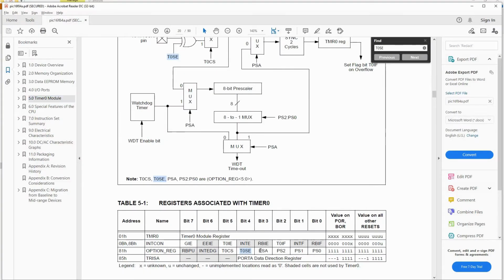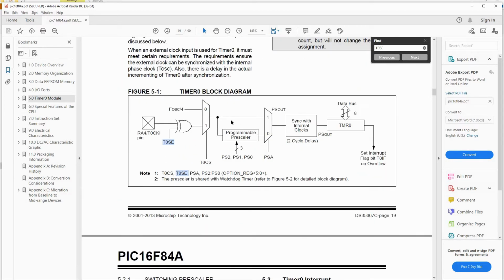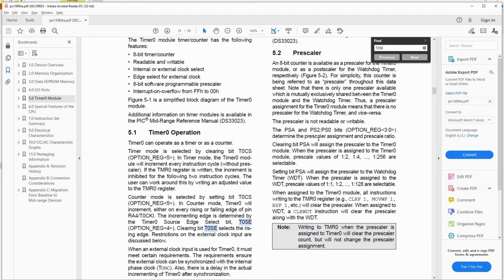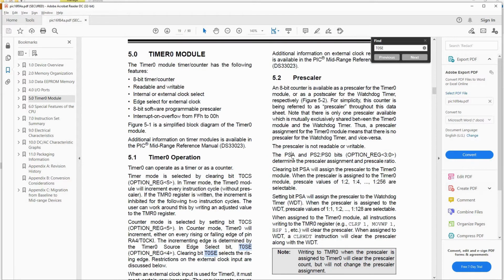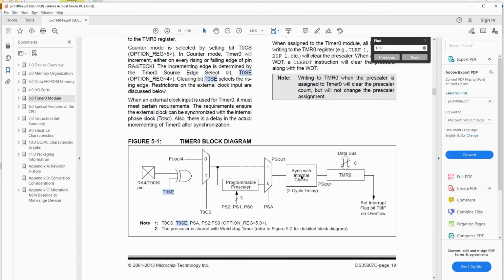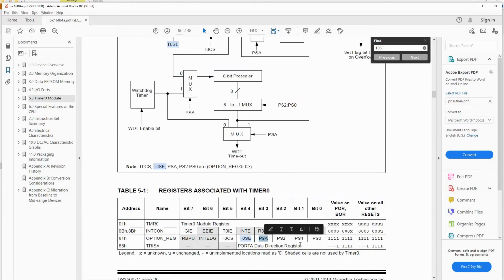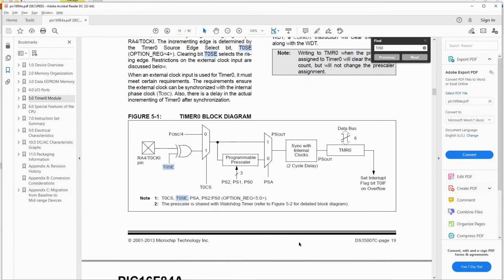And this is the prescaler. Prescaler, as I told you, will divide the clock frequency. Whatever frequency is coming here, the prescaler will divide the clock. Let me do it in Excel. This has 3 bits, and if you read through, you can divide the clock. Clear PSA, which is another bit here; if you clear it, it will assign this prescaler to Timer 0. So we'll have to clear it.